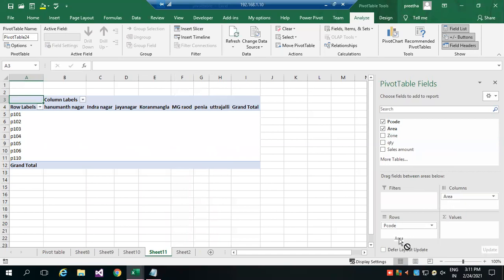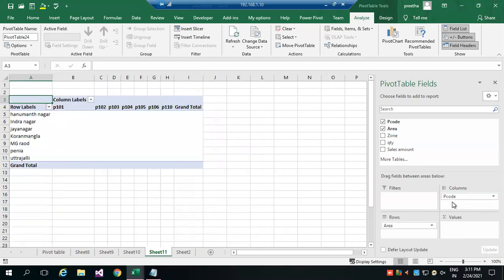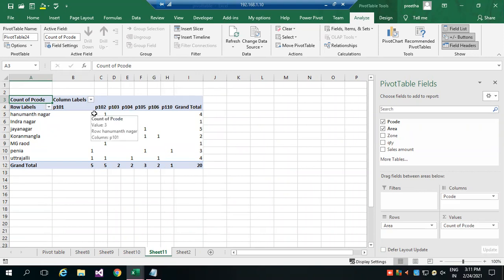Anytime I can reorganize. Area I can put here, code I can put on the right side, then the code I can count. So now you can see for the particular product, the number of transactions is 5 times. For each area wise, in Hanuman Nagar 4 times.